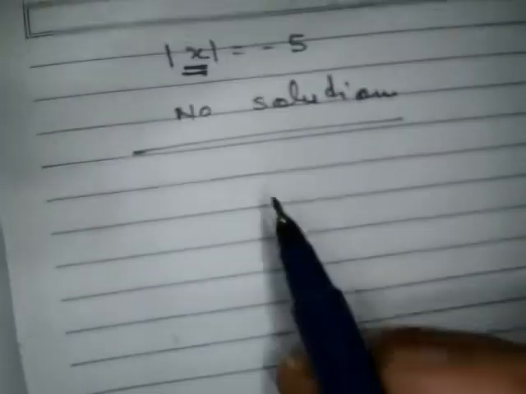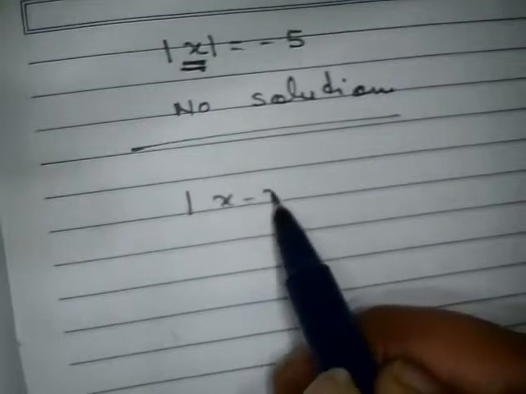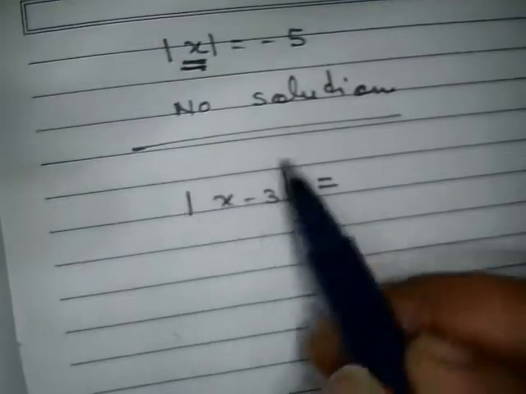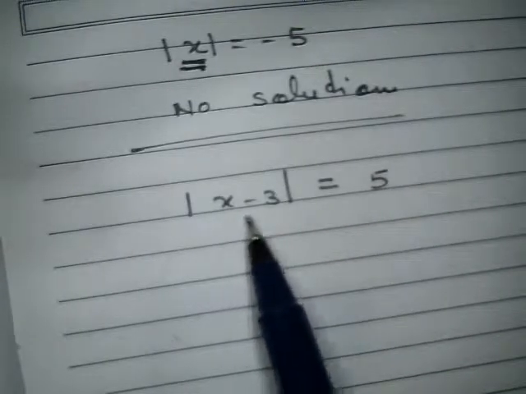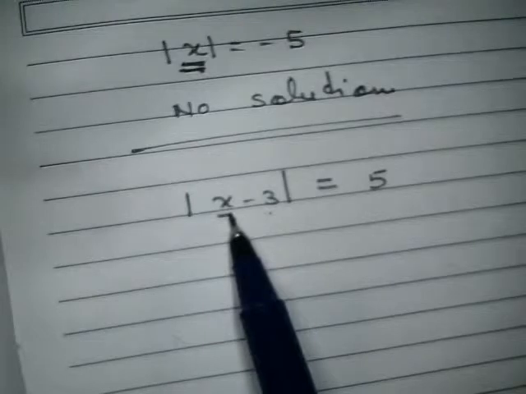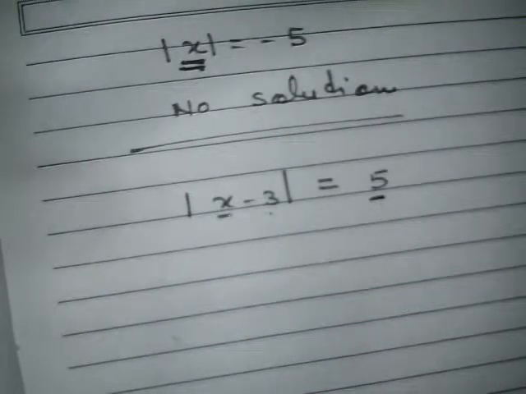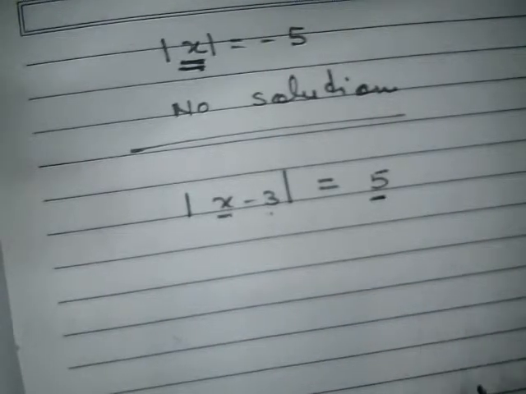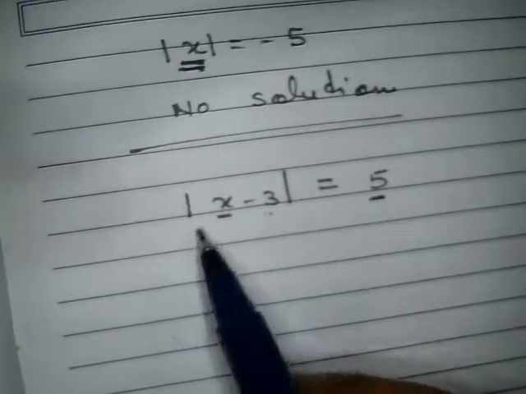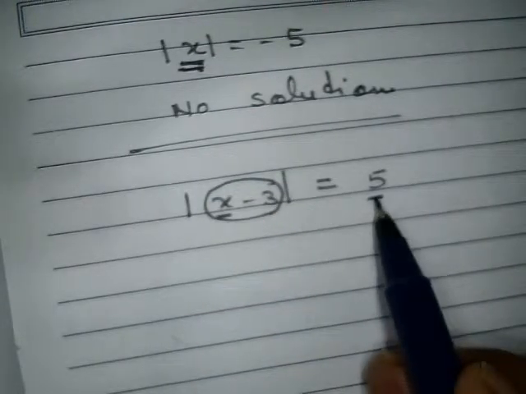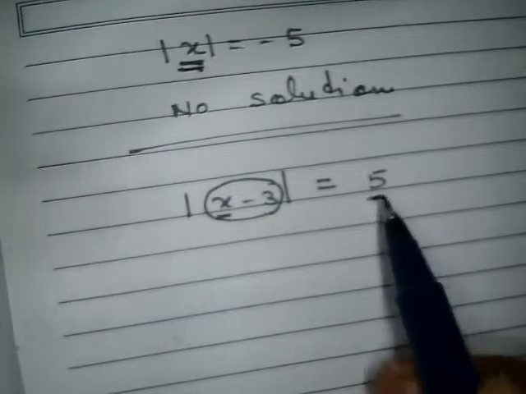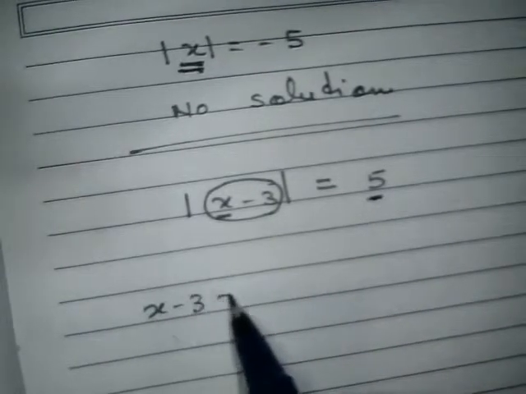Suppose I say find the value of x when it is given that modulus of x - 3 equals 5. What value do I need to place at the place of x which will return 5? Suppose I am not able to do it, as it is not as simple as the previous question. So what I need to do is, whenever the absolute sign is removed, this side part is always written with positive and negative. So I write x - 3 = 5 the first time with positive, and the second time I write it with the negative.